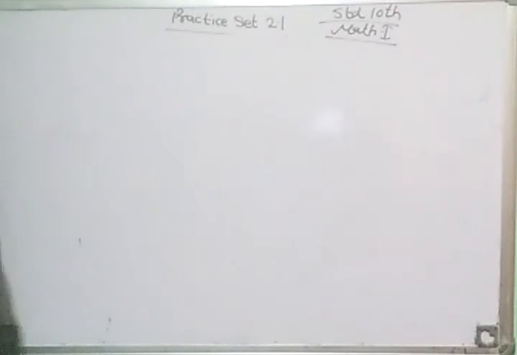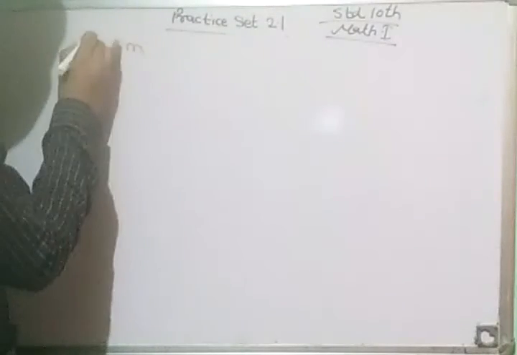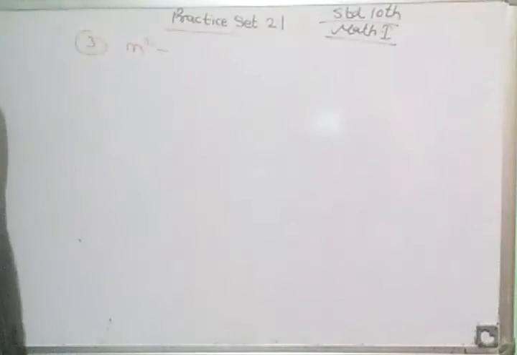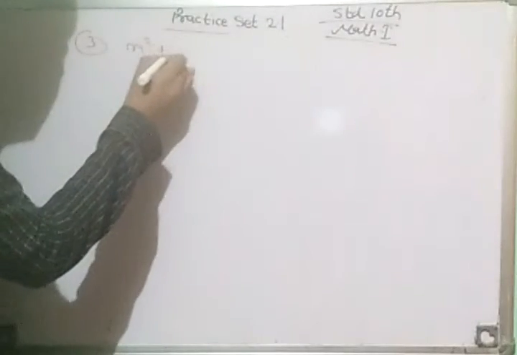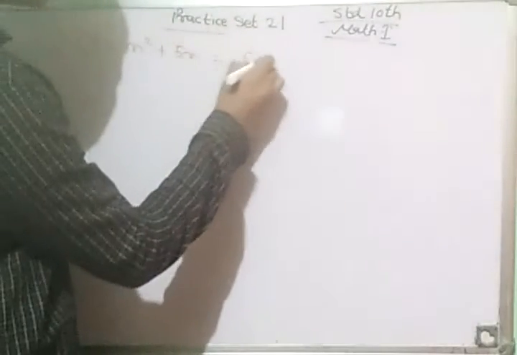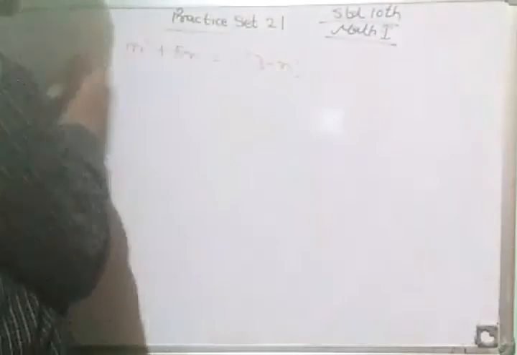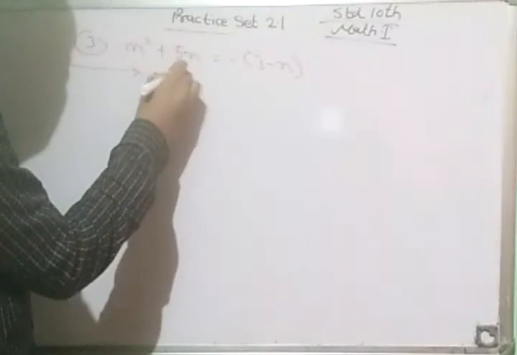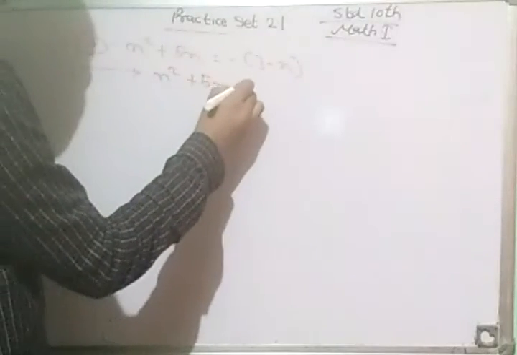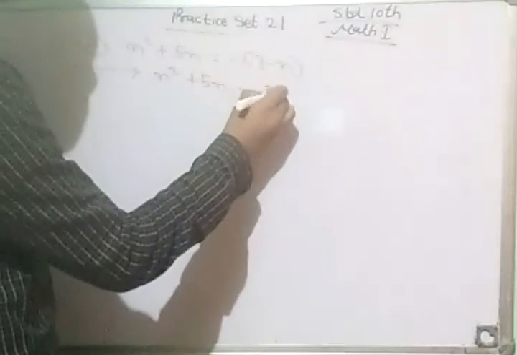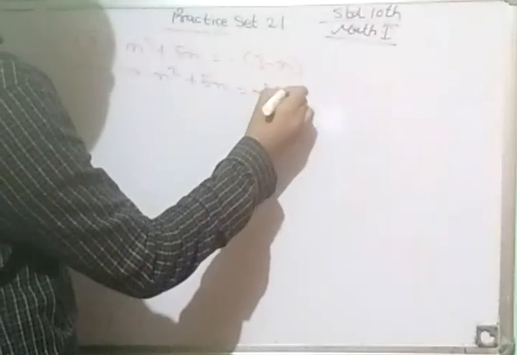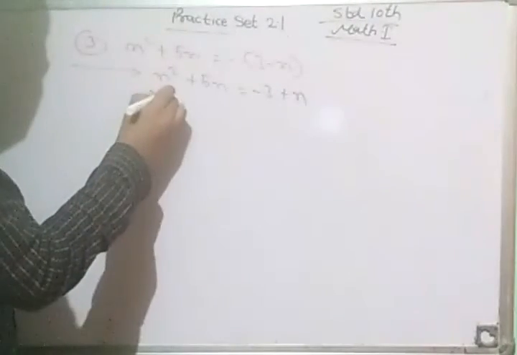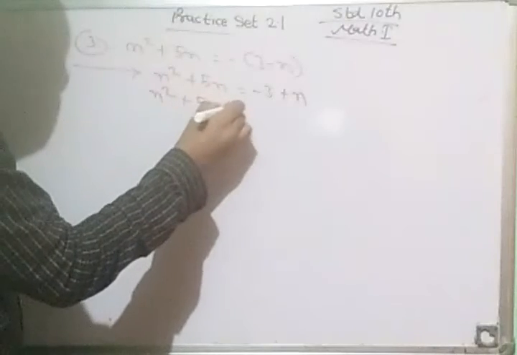Then we write the third example of the third question: x square plus 5x is equal to minus in bracket 3 minus x. Firstly, we write this equation in the standard form. So x square plus 5x minus is multiplied to bracket minus 3, and minus into minus x is equal to plus x. Then x square plus 5x plus